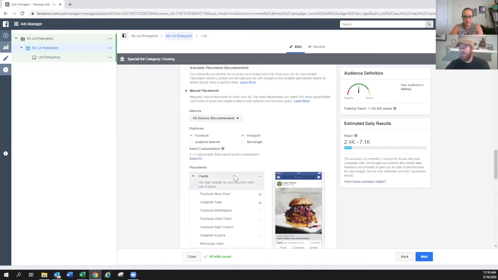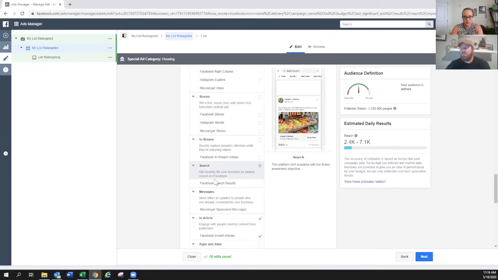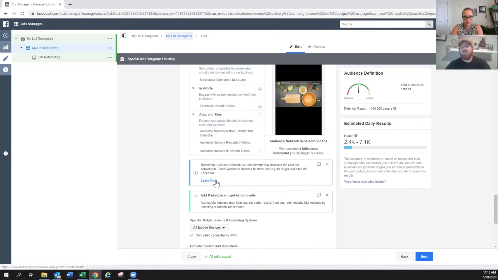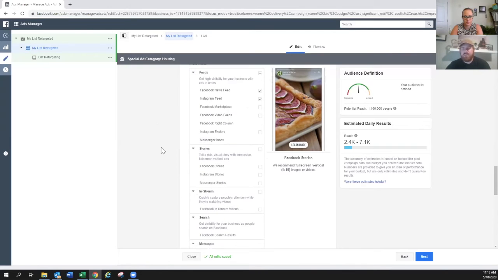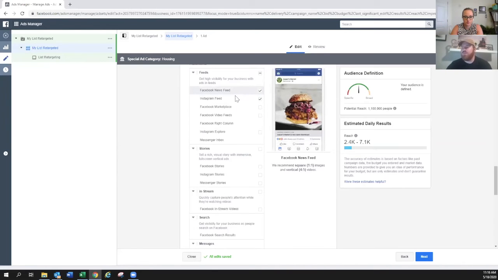And Facebook has all these different places that you can advertise, and all of them have different looks. You can go through here and say, customize it for this, customize it for that, but your time is going to become a factor. And really the point of brand awareness is to get it to people on the Facebook platform, scrolling through, seeing your face, on the Instagram platform, seeing your face. So for me, I stick to two feeds. I don't do anything with stories or any of that. Strictly Facebook newsfeed, Instagram newsfeed. And that just keeps it clean.